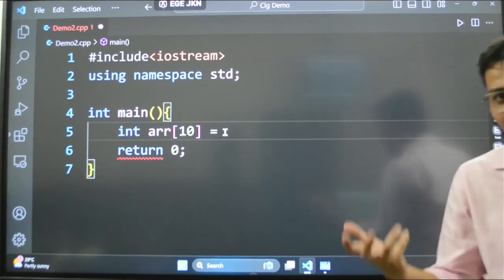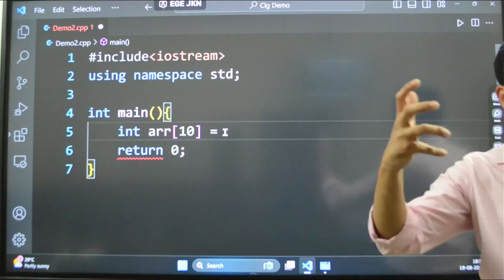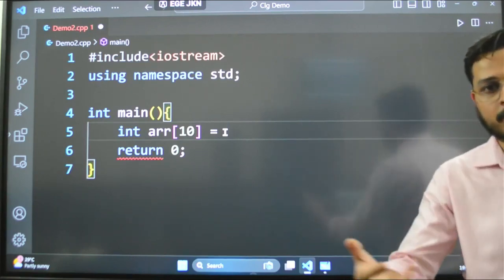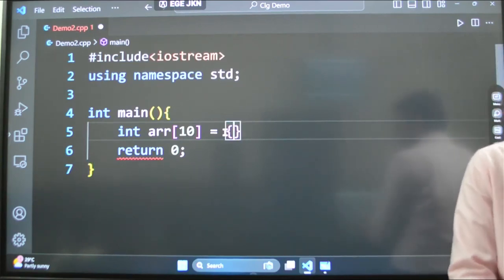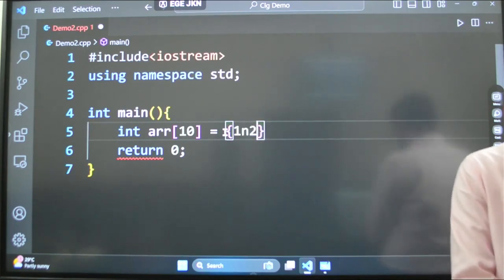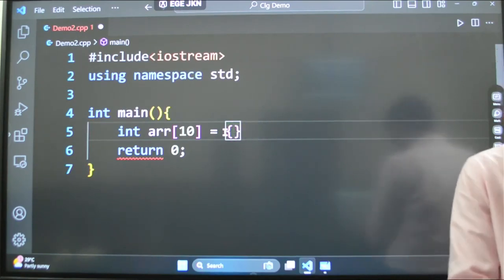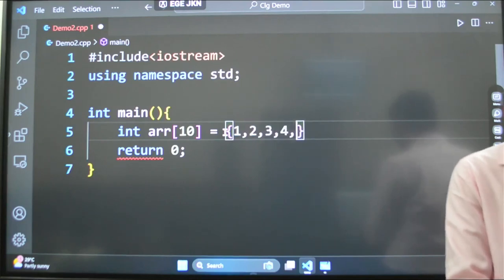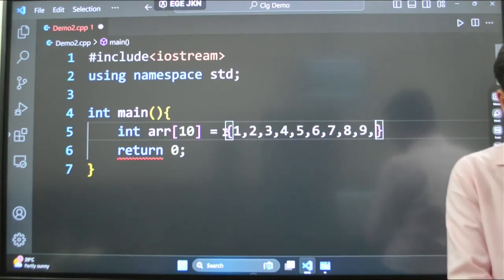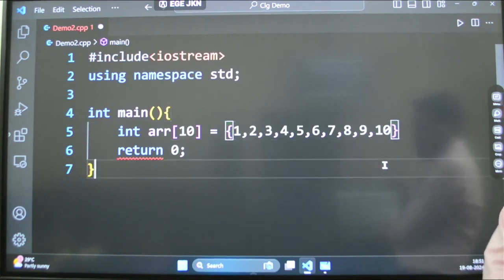If I want to quickly create an array with some particular numbers, I can directly say a flower bracket, and I can say 1, 2, 3, 4, 5, 6, 7, 8, 9, 10, like this.